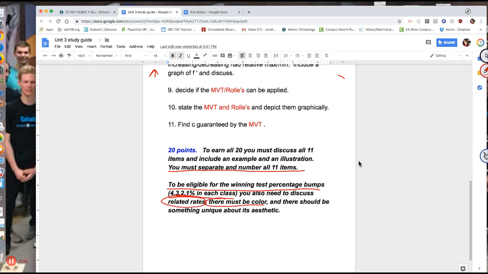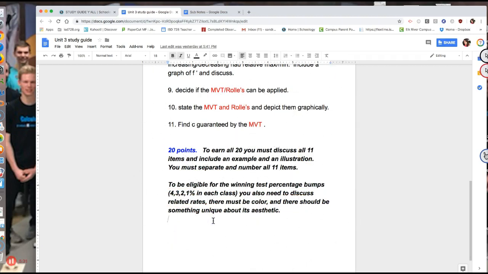You must have some color, like it can't be all done in pencil. Again, that's just to be eligible. You can do this all in pencil. You don't need to discuss related rates. And there should be something unique about its aesthetic. I've had people do flip charts, or I don't know, use just something that's different than written in pencil on notebook paper. We'll discuss that a little bit more on Friday,